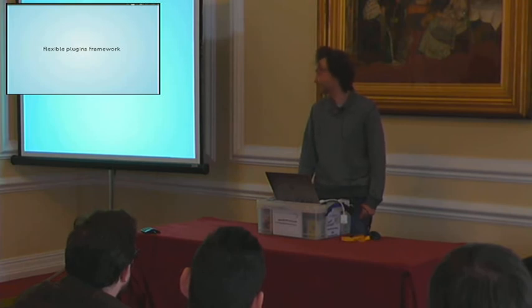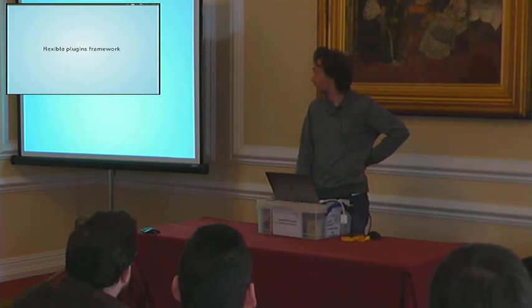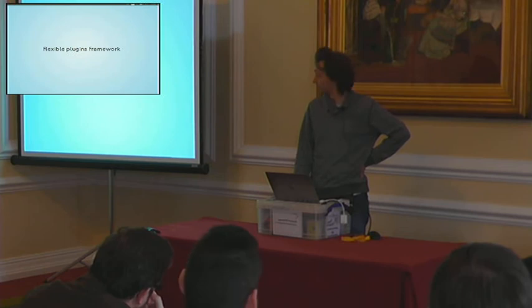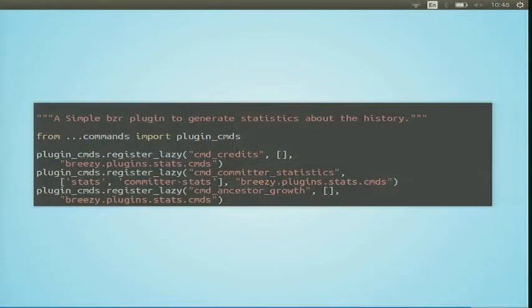We have a very flexible plugin framework. So if you want to just write one little tool that, for instance, looks over all of your history and then finds commits that look like a particular thing, or finds commits by a particular person, all of this stuff is easy to implement in relatively few lines of code. As the code is quite light so far, here's a plugin example.